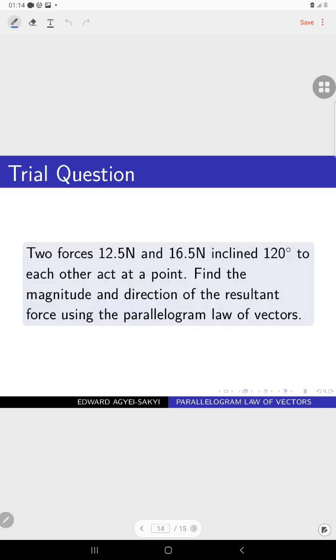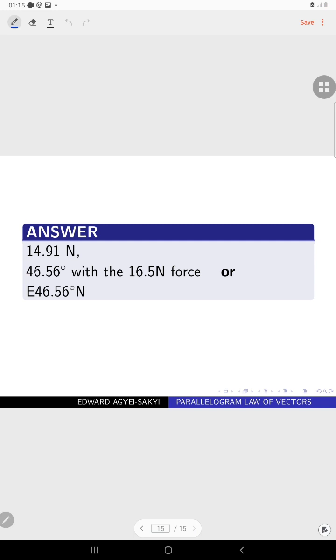All right, students, let me give you this. Try this. Take your time. But don't forget here the angle is obtuse, so when you are drawing, you show how to indicate it. Whether you let it point towards or away is your own choice. So it's obtuse. Know how to draw it. Complete the parallelogram, find your magnitude and direction. When I solved it, this is what I got. So we'll try and see if you